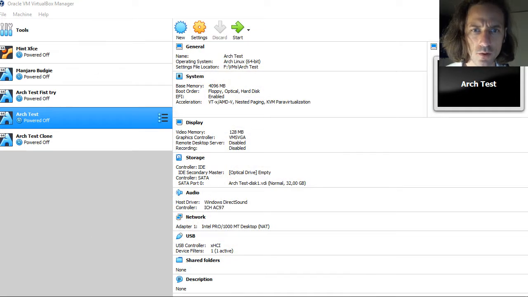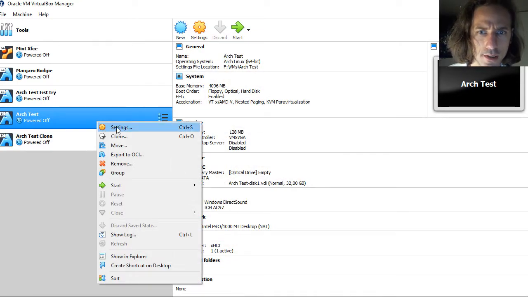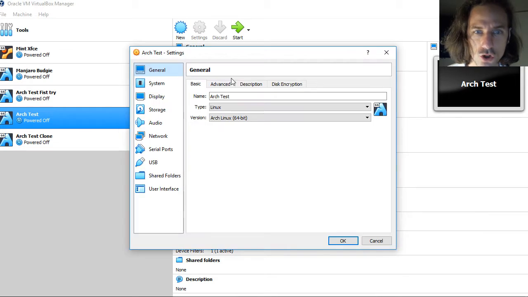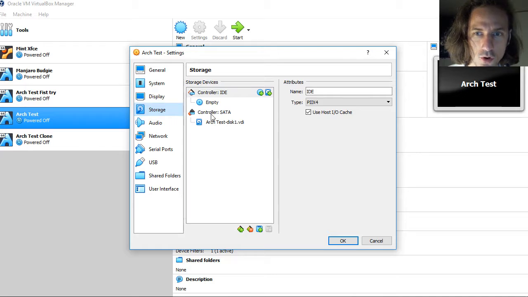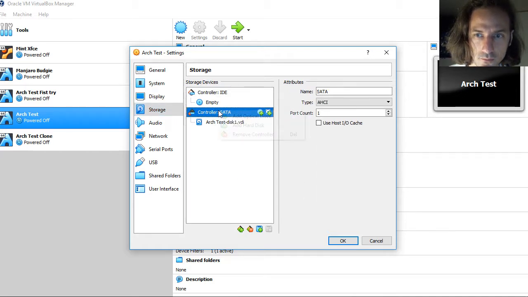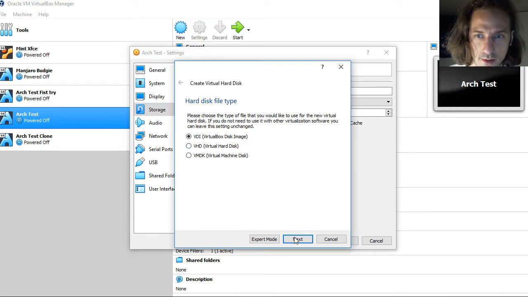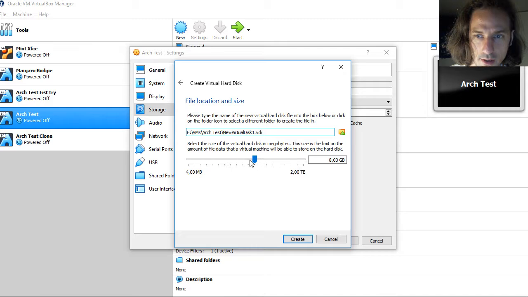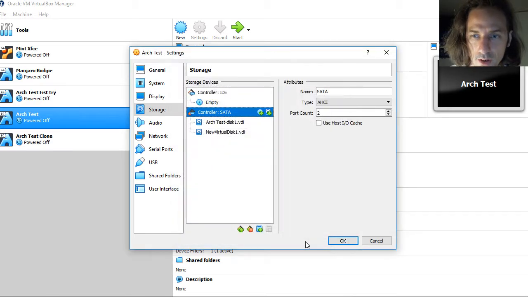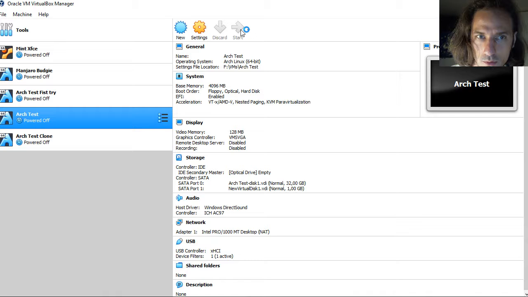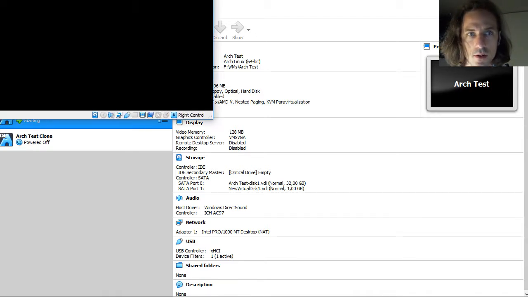So, first of all, I'm going to work with this Arch test virtual machine here, and if you are doing it in a virtual machine, I'm just going to show you how I add another hard disk, create a new disk image. Yeah, VDI is good, dynamically allocated, good. It's just going to be a small test, it doesn't matter, just give it 1 GB. Okay, now we can boot up our system,